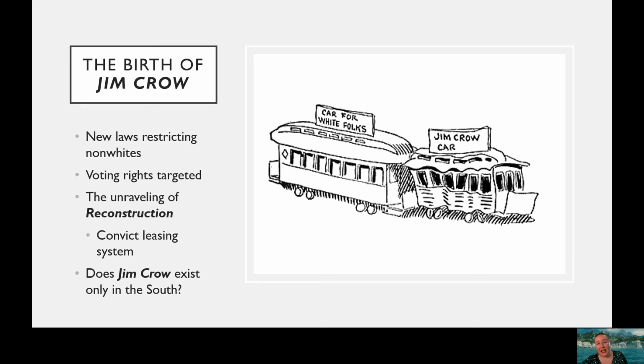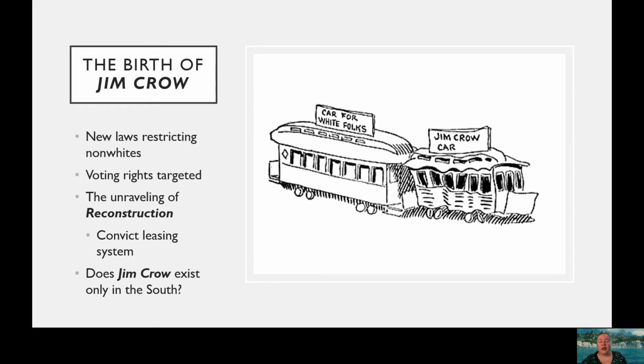The legal system of Jim Crow exists in the South, but a sort of informal social Jim Crow, this sort of informal segregation of races, exists outside of the South as well. We see legalized Jim Crow in areas like California, which adopted a segregated public school system, not only separating white and non-white students, but even different non-white groups of students, such as Asians and Latinos and African Americans. But we also see sort of informal segregation extending throughout the nation, including in the North,